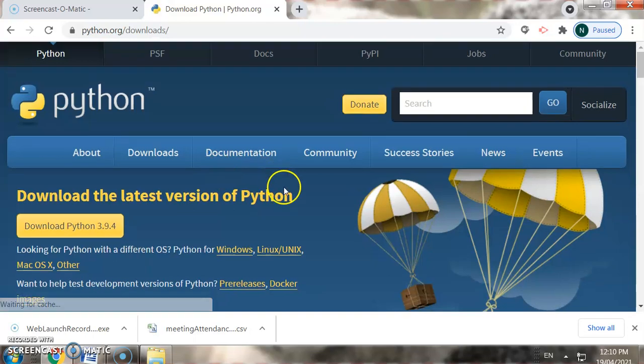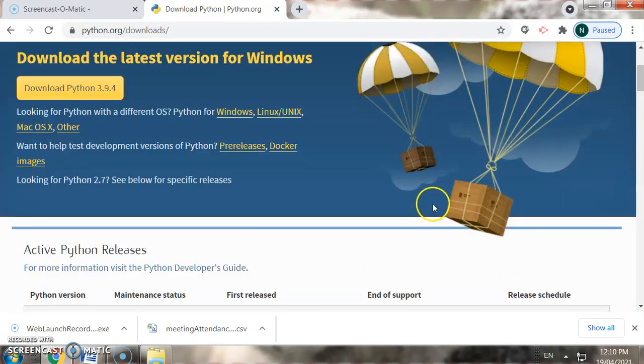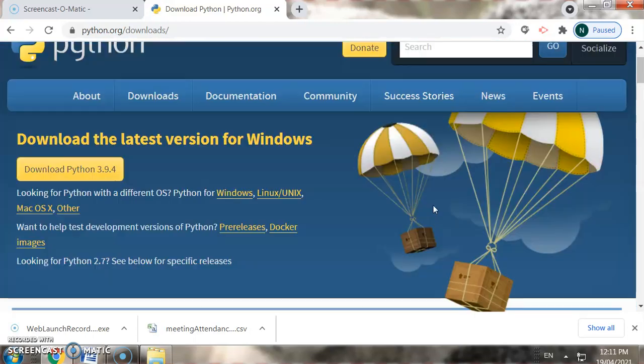Okay, so see there are a lot of versions. So we want to select a suitable version for our Windows. So click here. You can see the Windows option. There are many options of Python for different platforms available, like Windows, Linux, Mac OS, and others. So different OS versions are listed over here. Whichever is your operating system, accordingly you can select the option. So I am going to click on Windows.